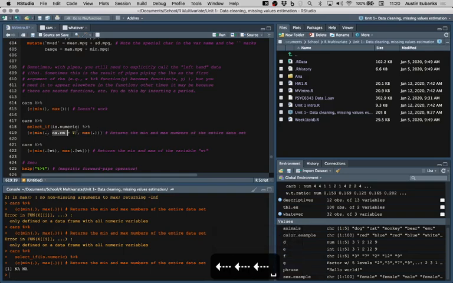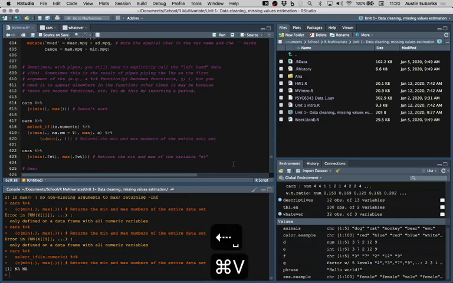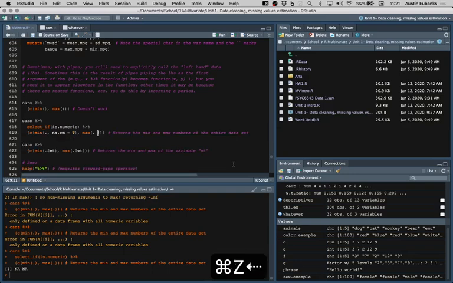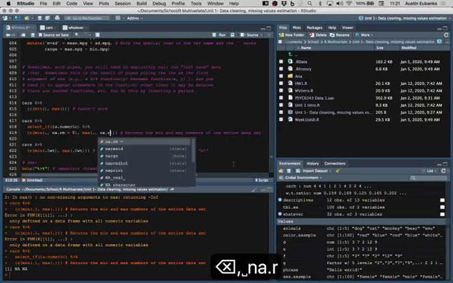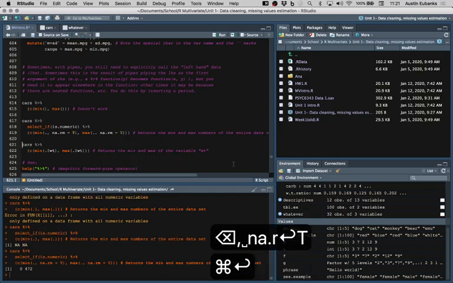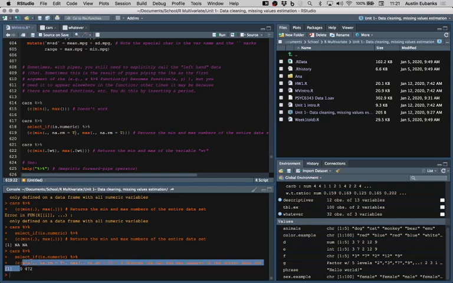it didn't work because I changed that one thing to factor. So instead, let me call just the things that are numeric, and also including na.rm, because now I have some NAs in there. And so now we can see that the min value of all the numbers in the data is 0, and the maximum is 472. And then similarly,